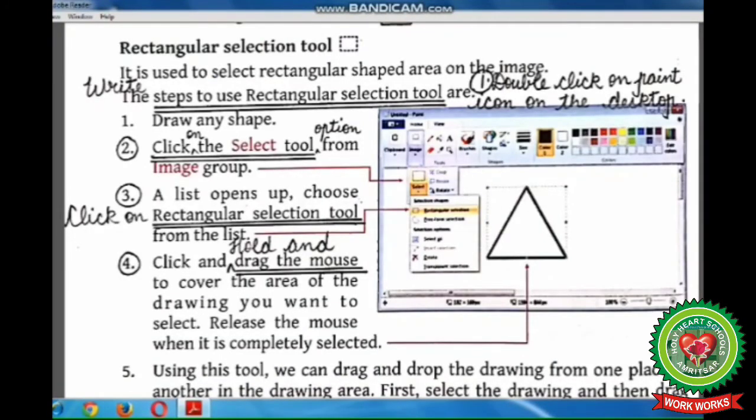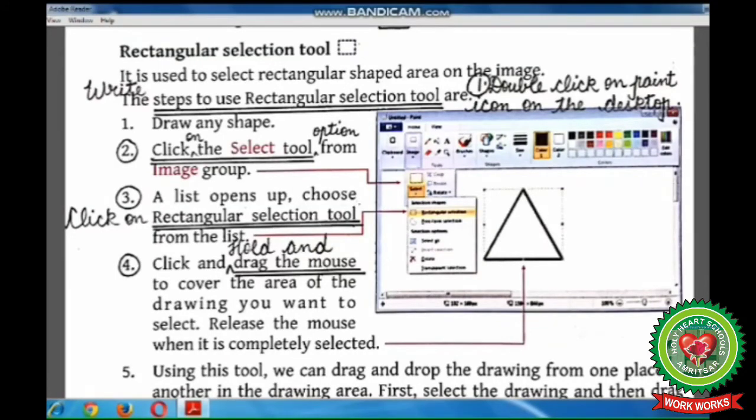Students, on page number 46, mark the steps to use rectangular selection tool. First is double click on paint icon on the desktop. You have to write this step on your book.